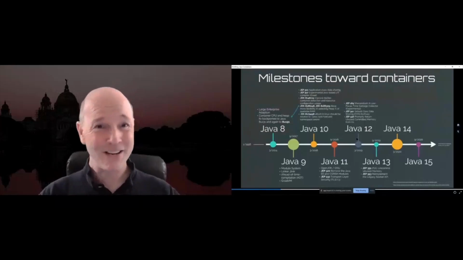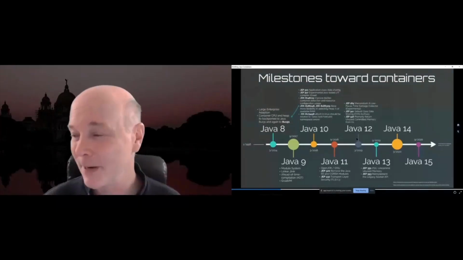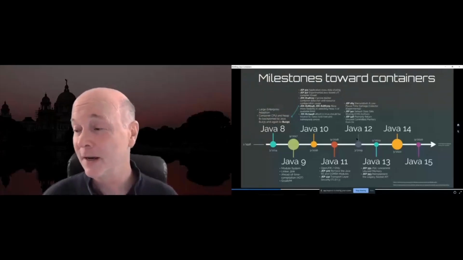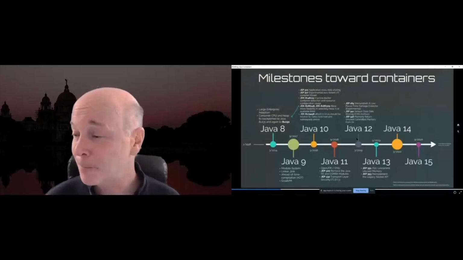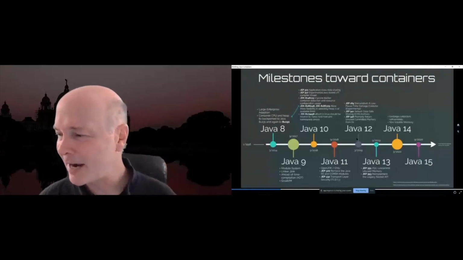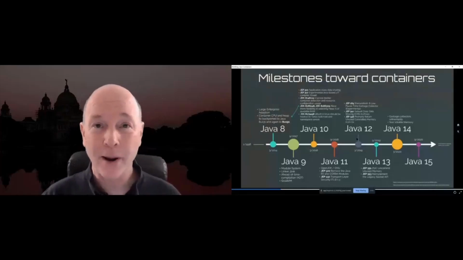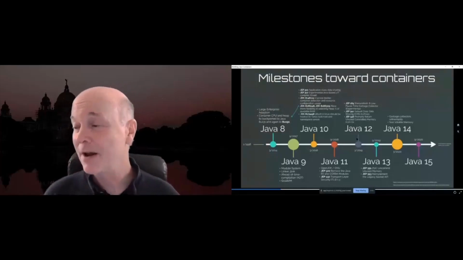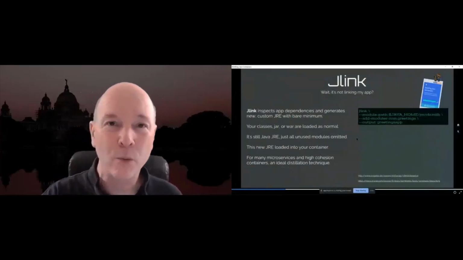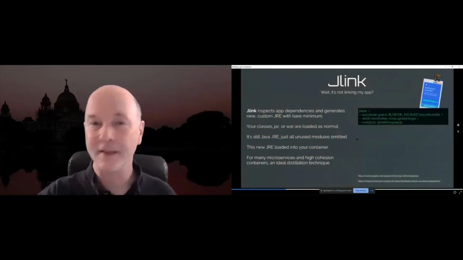So these are all things related to, hey, we need to do more things with Java to make sure it runs really well in containers, specifically with microservices, and Spring Boot is pushing a lot of that. I don't want to go into the details of all the other JEPs that have been added, but there are other garbage collectors, other algorithms for Java collectors coming out, non-volatile memory. A lot of things are coming out. So I do want to cover one significant thing that we're going to be looking at